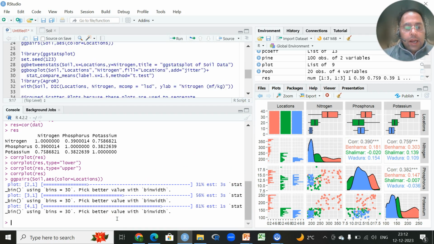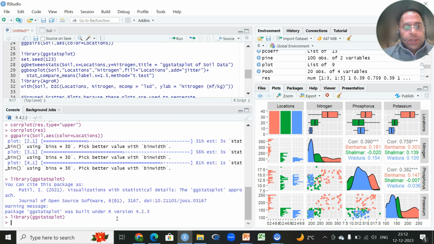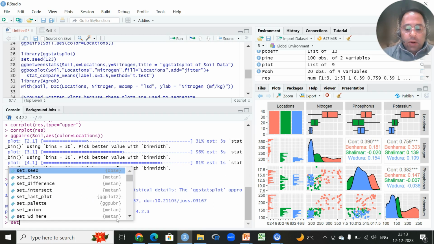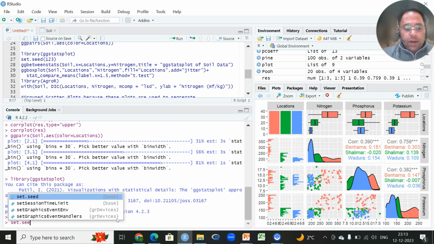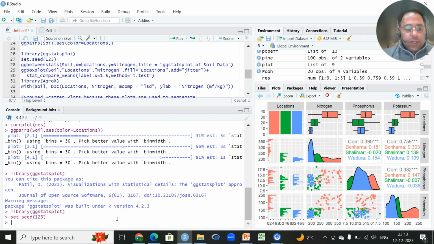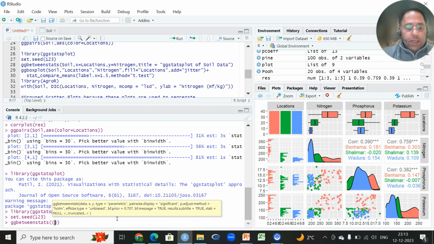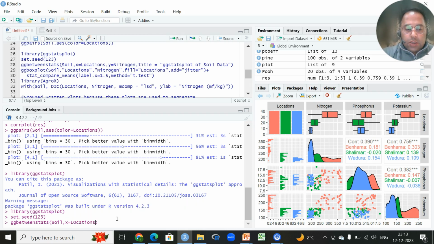Then again a data visualization procedure. For that we will be using a library ggstatsplot, which is also an extension of this library ggplot. And for that, if we want to make a certain kind of visualization, then we will use this random number generation set.seed. Then we'll be using the function ggbetweenstats, and within this I will put the name of my data set first. Then I will define the x-axis, that is locations,